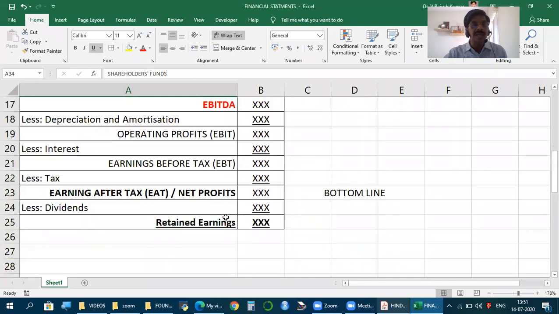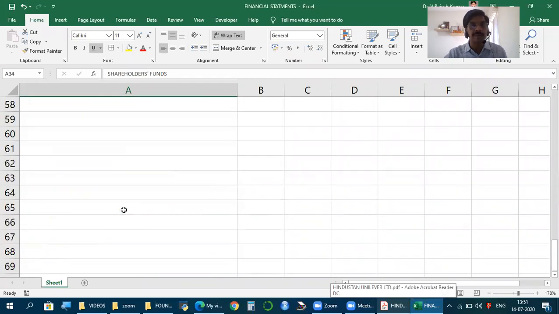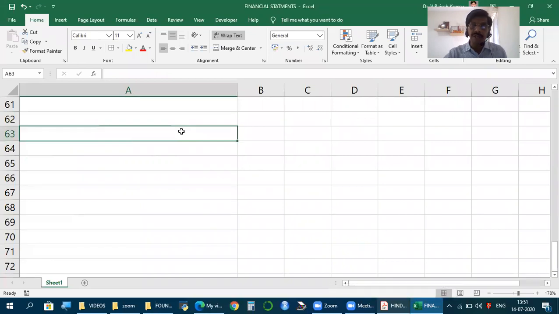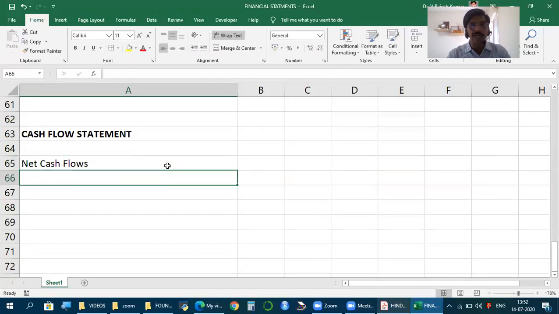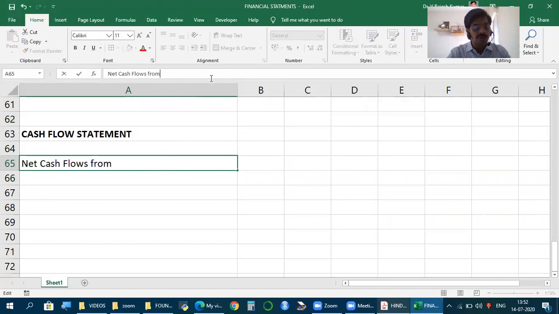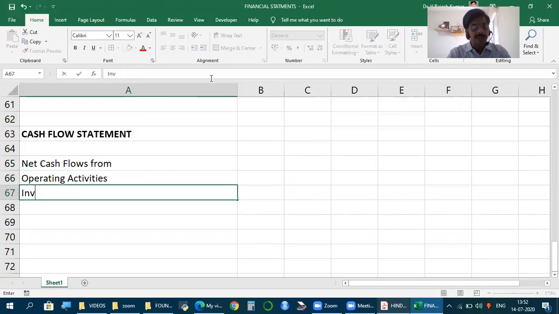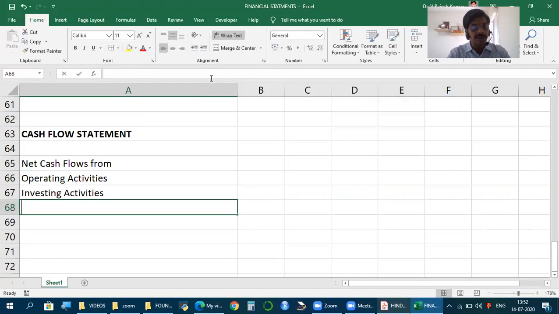Finally, the last item we have under financial statements is the cash flow statement. A very interesting item. How to read this you will see eventually in the other classes during the program. But this is a statement which shows details of, during the given period, what are the cash inflows and cash outflows, and summarizes all the cash flows during the period into 3 categories: net cash flows from operating activities, investing activities, and financing activities.